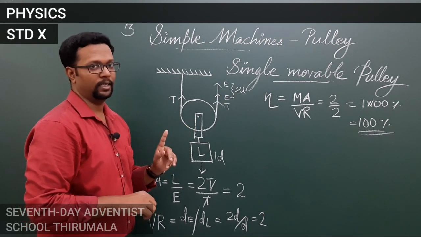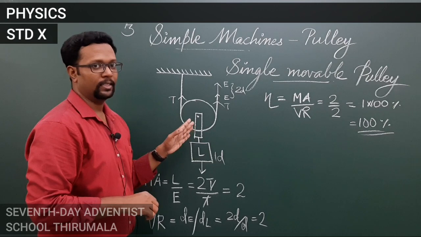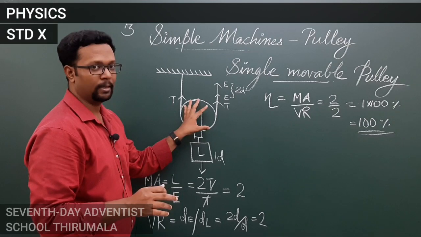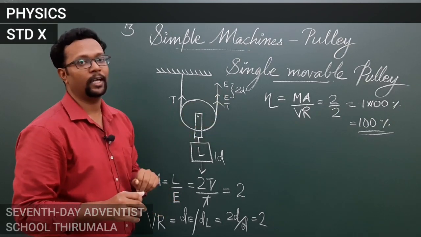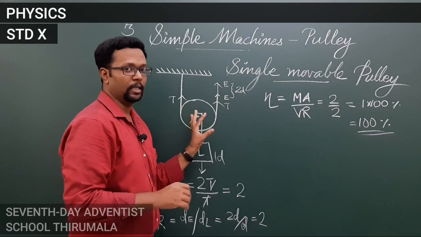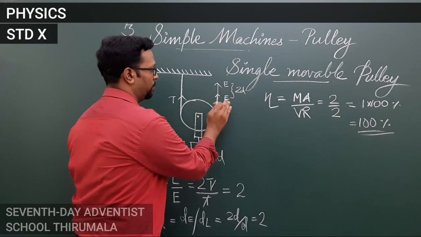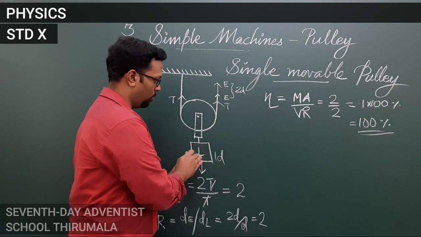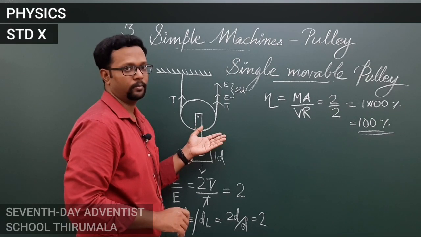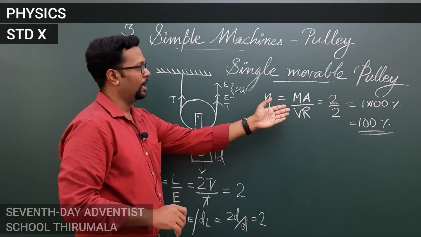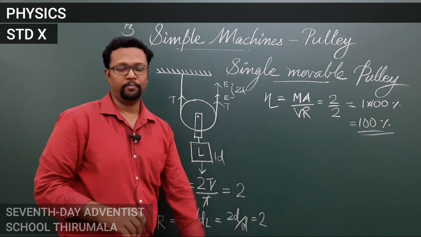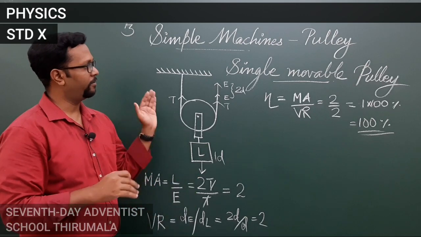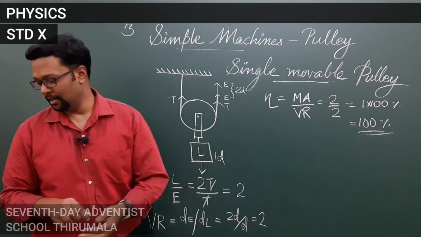The first problem, as we discussed earlier, is friction. The second is the mass of the string, and another issue is that the pulley also has a mass which should be supported by the effort. The mass of the movable pulley is also supposed to be supported by the effort, which is a drawback. You are not only moving the load but also the pulley. So a single movable pulley cannot be 100% efficient. Clear to you? Now we can discuss the difference between a single movable pulley and a single fixed pulley.